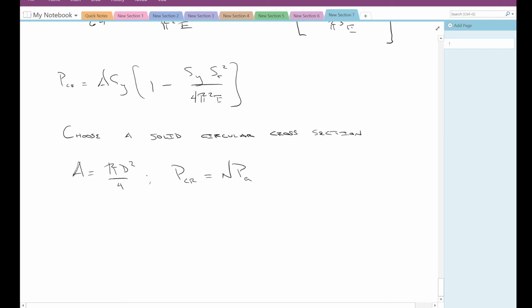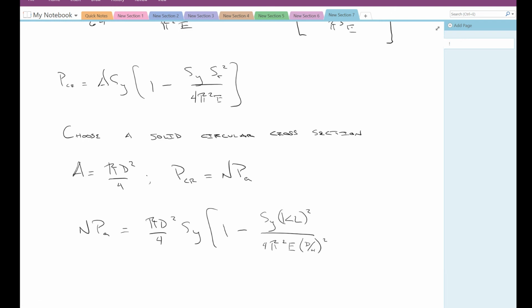And we can replace all of these terms, and we say n P allowable is equal to pi d squared over 4 times our yield stress times 1 minus our yield stress times KL, quantity squared. Again, that's our slenderness ratio, plugged into our equation up here, divided by 4 pi squared times our modulus of elasticity times d over 4 quantity squared, right? Again, that's from our